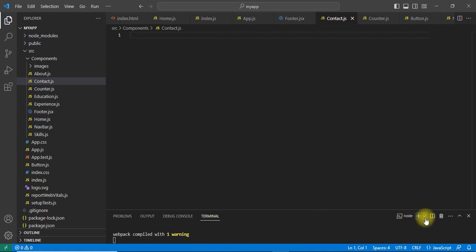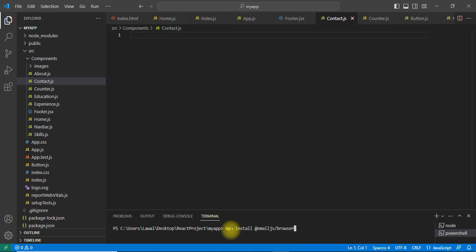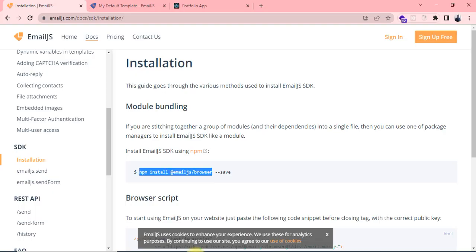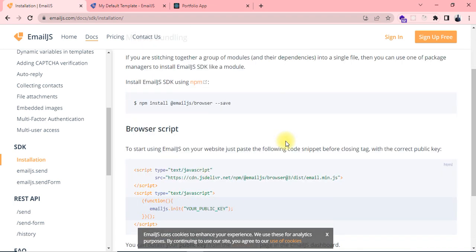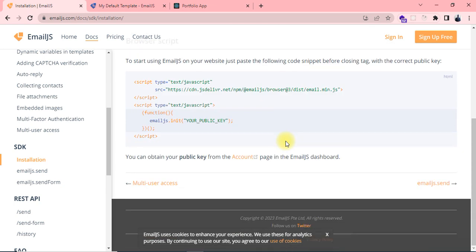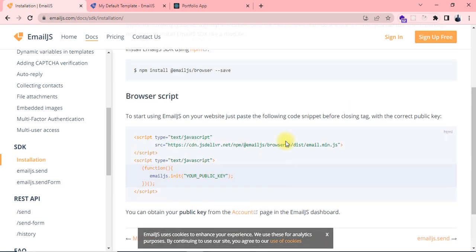I want to create another terminal. So I'll click on this button. Then put the npm install @emailjs/browser there. All right, that one is going to be installing. Then let's go on with the other things that we may need to do. Then it's saying the browser script. I'm not doing direct HTML, but what we are doing is